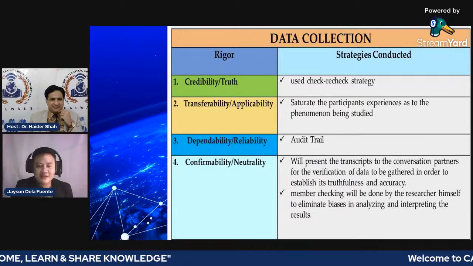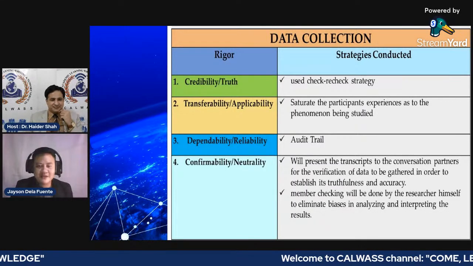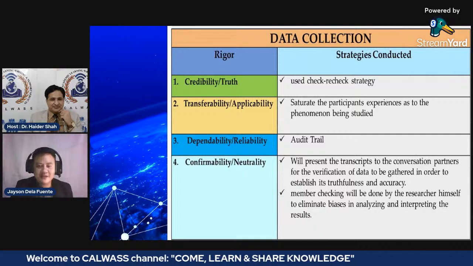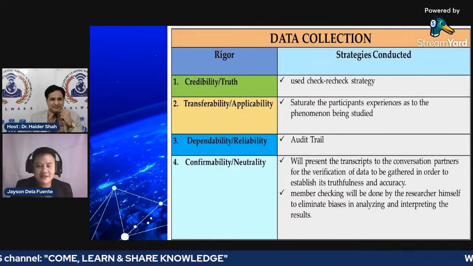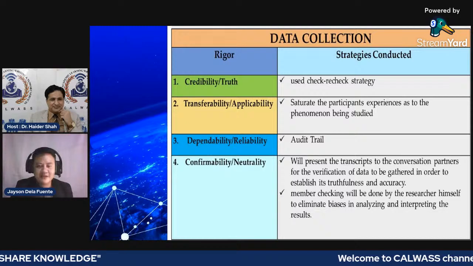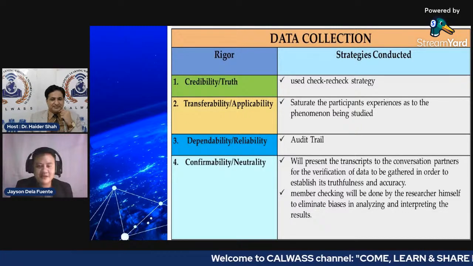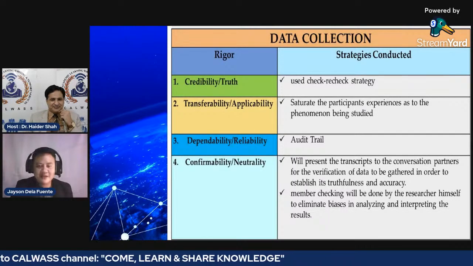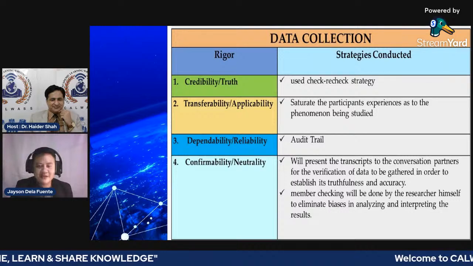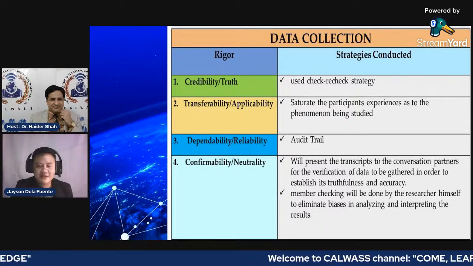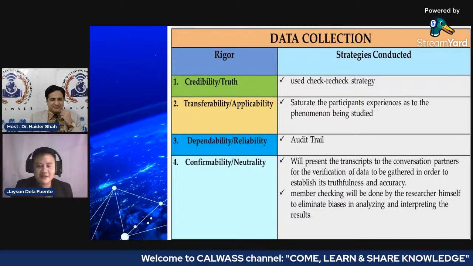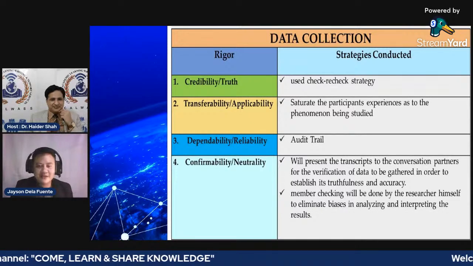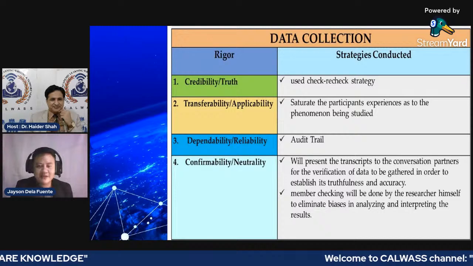Then after which, in terms of reliability in qualitative research, we have a lot of things or techniques to do in order for us to say that our results are reliable. Such as, for example, which I already did in my previous qualitative research paper, I do the audit trail. What is this audit trail all about? It is all the things that you did in terms of analyzing your data, from listening to the audio recorded interview, transcription, and to analysis, to clusters, units, and so on,